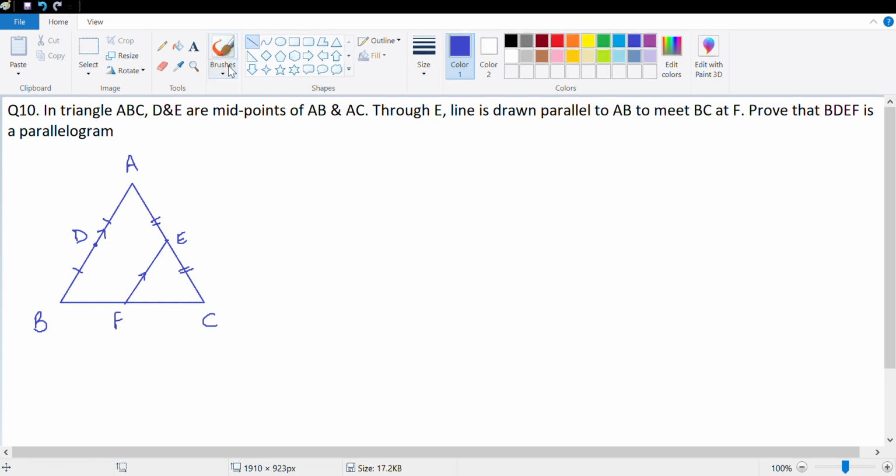BDEF. So let me just join D and E and see what we can get from here. How do I prove it is a parallelogram? Well, we can prove it is a parallelogram if one pair of opposite sides is equal and parallel, or if I can prove that both pairs of opposite sides are parallel. So let's look at, can I see a midpoint? Yes, I can see a midpoint here, and I also notice that there is a line which is parallel to a third side. So let me look at E as the midpoint and